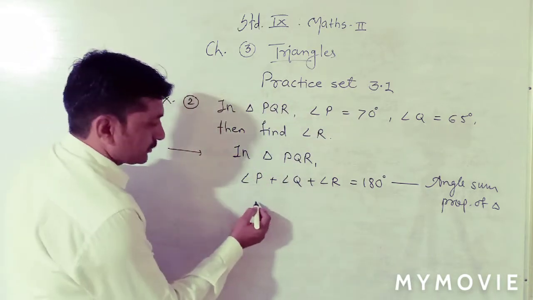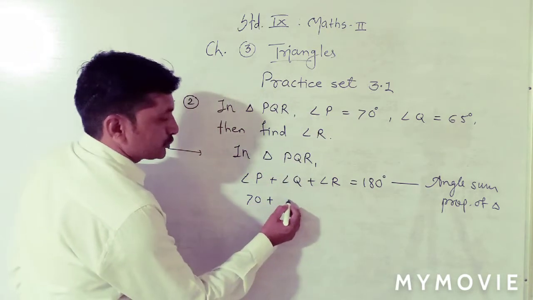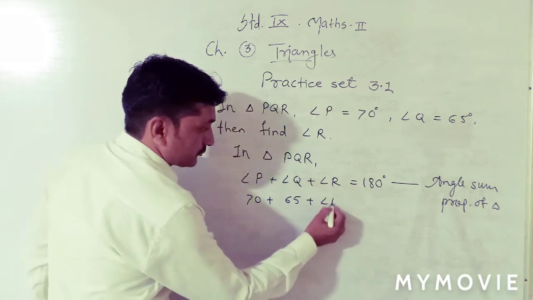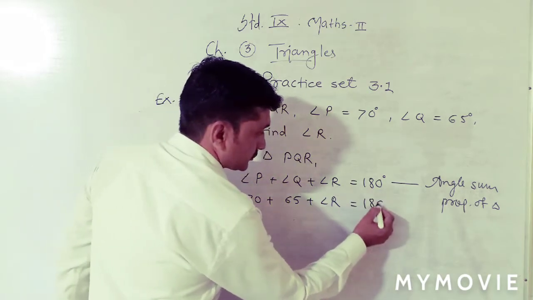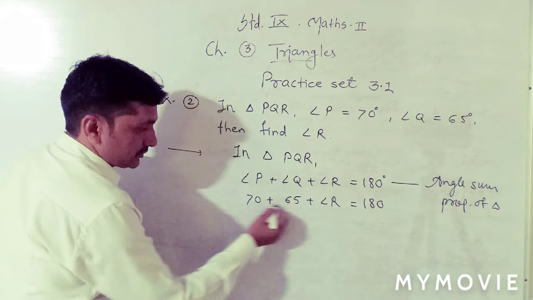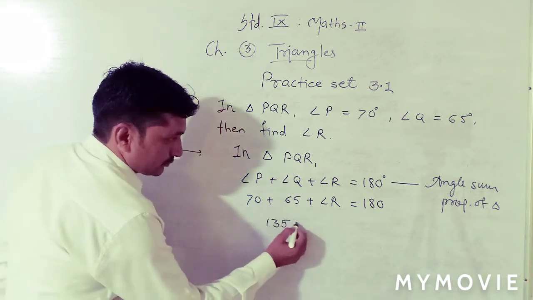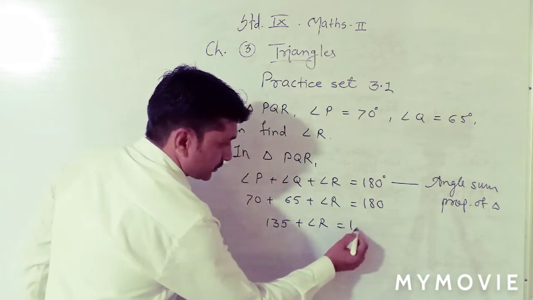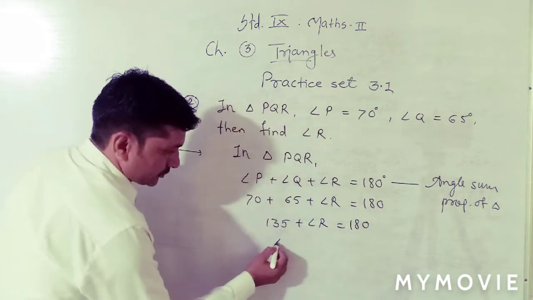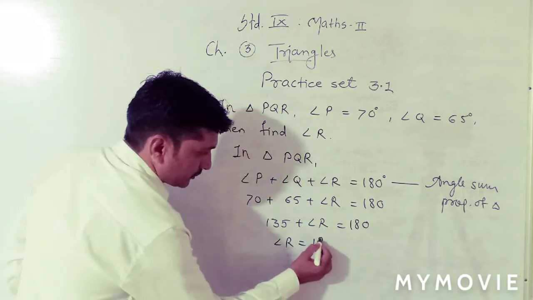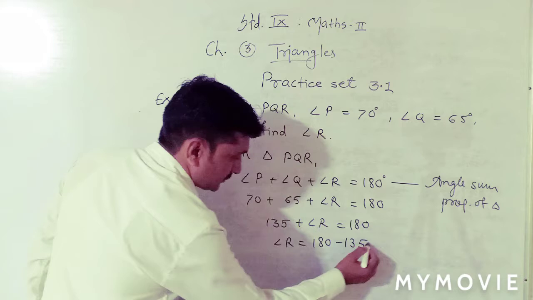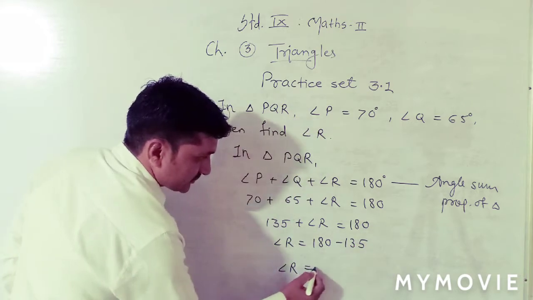Now put in the values. Angle P 70, angle Q 65, angle R we have to find. Now addition here: 135 plus angle R is equal to 180. Now transferring, angle R is equal to 180 minus 135, and therefore we get angle R is equal to,